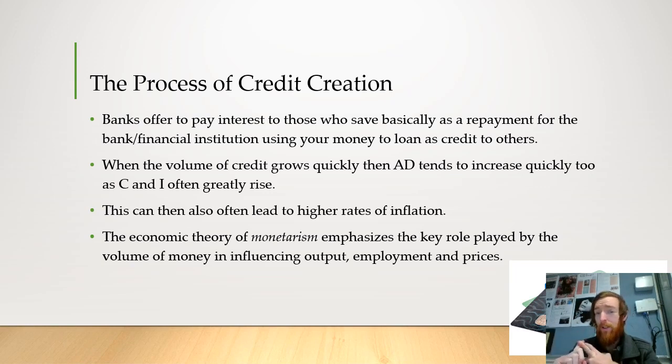And when the volume of credit grows quickly, then aggregate demand tends to increase quickly too, as consumption spending and investment spending often greatly increase when interest rates are low and credit is easily available. And this can often lead to higher rates of inflation because spending might increase faster than supply can keep up, which leads to widespread shortages and prices being bid up. The economic theory of monetarism emphasizes the key role played by the volume of money in influencing output, employment, and